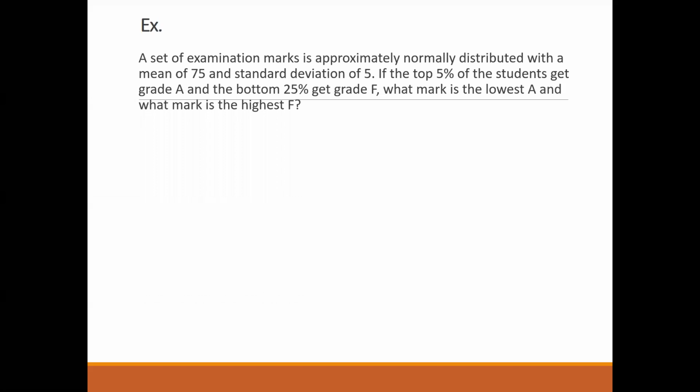While writing the probability, because we do not know the value of X, you can take X dash, or X hyphen, or X1, whatever you want. So P of X greater than or equal to X1, or X dash, equals 0.05.